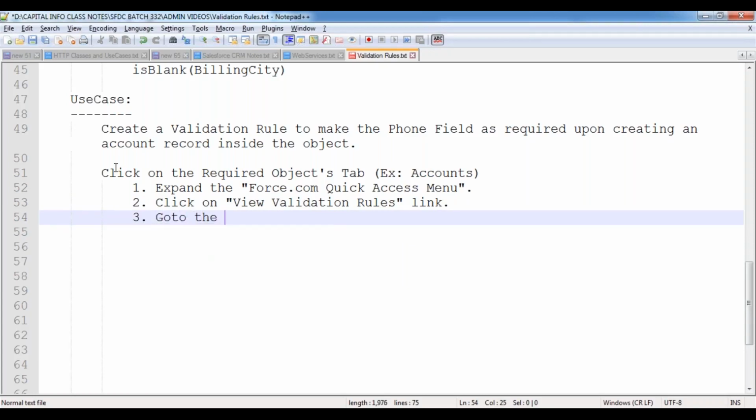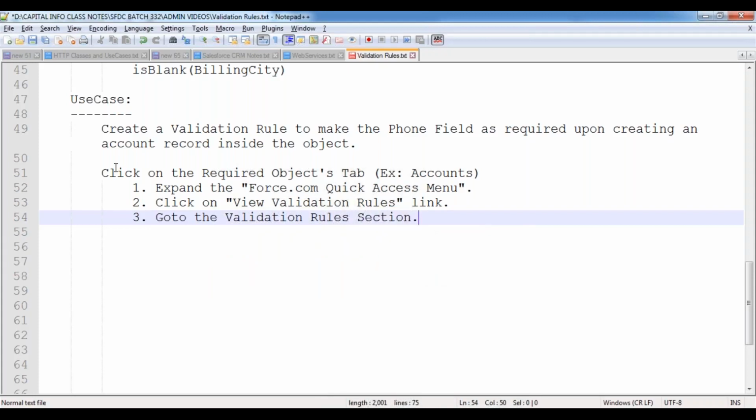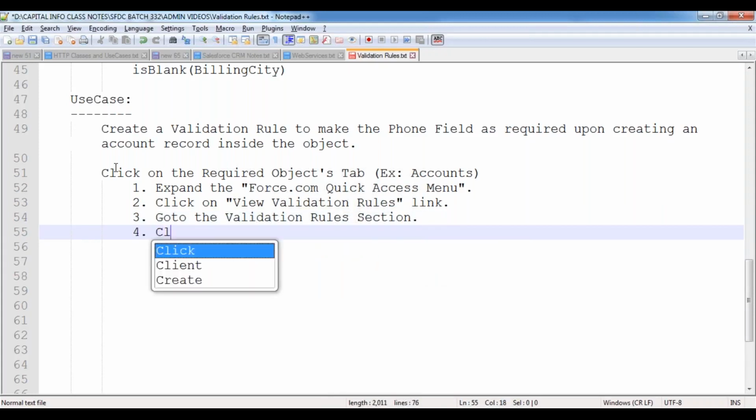Now, go to the validation rules section. Click on the new button in order to create a new validation rule.